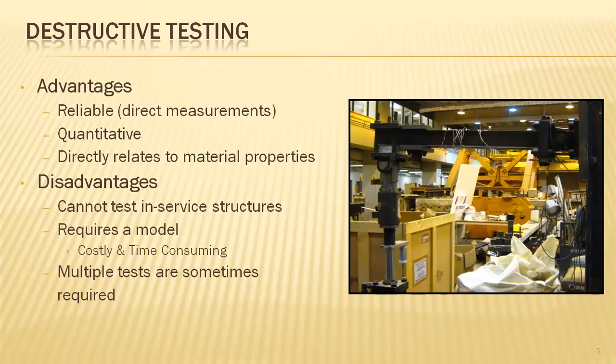The tool will be in direct contact with the workpiece which we need to measure. The best example for this destructive type of testing is in our strength of materials lab, where the dynamic testing process exists. There are two different methodologies in the dynamic testing process: one is the Charpy test and another is the Izod test.